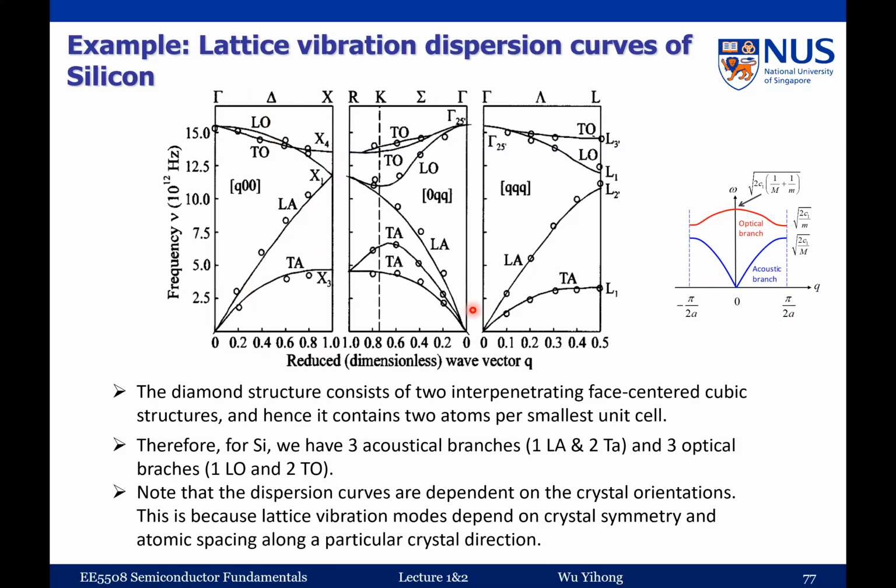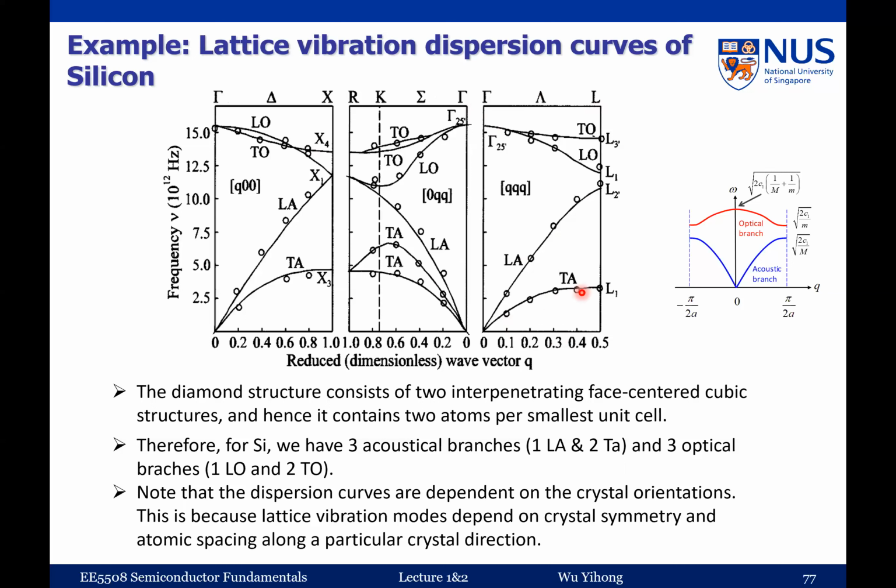And then in this direction, this is from gamma to sigma to K to R, right? So all these are different directions, and you can see the dispersion curves are quite complicated. But at least for the acoustic mode, I can see that they are very similar to this diatomic chain case, right? So here, longitudinal LA, you can see the dispersion here, and then the two TAs are non-degenerate, and then they will be degenerate only at this point where they overlap with each other, right? So again, you have a large gap between transverse modes, and there's no gap between the longitudinal acoustic and optical modes here. However, in this direction, from gamma through lambda to L,